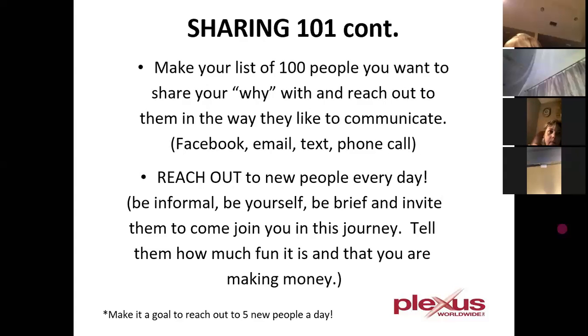And you need to reach out the way people like to communicate. If you've got somebody that communicates best over text, don't try to call them, text them. If you've got somebody that loves Facebook Messenger, don't send them a text. Send them something on Facebook. Reach out. If you just reach out to a few new people off your list every day, be informal, be